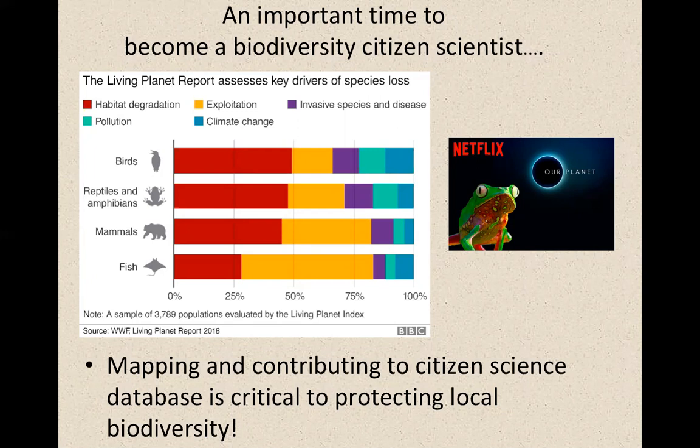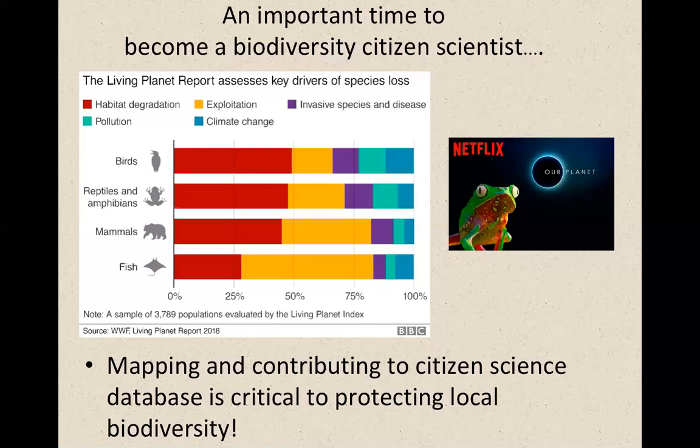These are hotspots and ecosystems that harbor huge diversity of species. And habitat degradation is one of the largest causes, followed by exploitation of species. For example, fish are really hard hit by that because they're being taken out of the environment for consumption, for aquaculture, and for aquarium trade. But invasive species worldwide